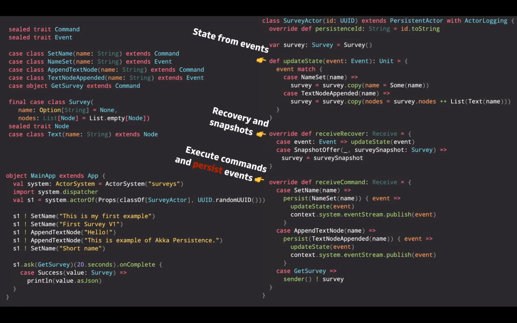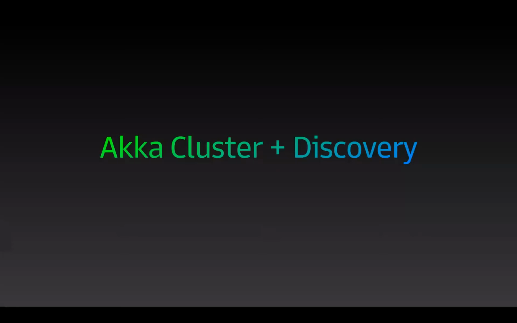There is also another layer or another library or another piece of Akka, which is called Akka Queries, which is essentially more about the read side of CQRS, where you can actually build representations. So for example, here we have one survey, but you could also have a list of surveys, and to build that aggregate, you can use more sophisticated techniques in an asynchronous way. And yeah, this is how you have persistent actors. And similarly, you can see that the DSL for communicating with actors is exactly the same as it was with the previous actor. You send messages and the actor can reply with the current state.